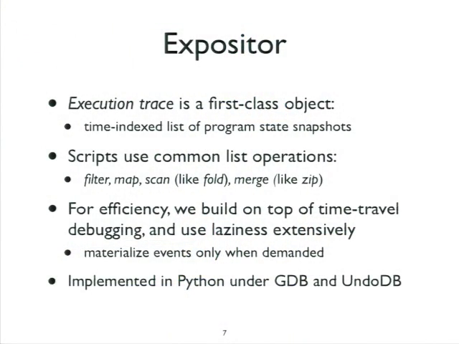OK, so to address these problems, we developed a scripting language for debugging, and the system that it's implemented in is called Expositor. In Expositor, an execution trace is a first-class object. So instead of being in the middle of the execution, stopping and starting and reading and writing, we pretend that the execution has already completed and we have it in our hands, and now we can compute over it. We view the execution as a trace, a list of snapshots, and now we can perform common list